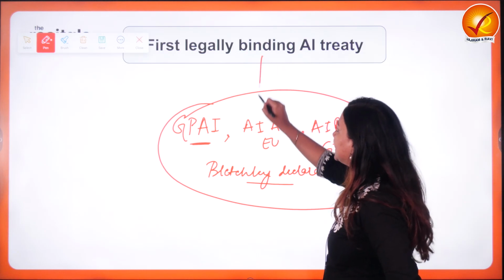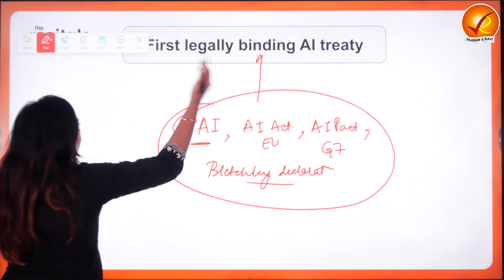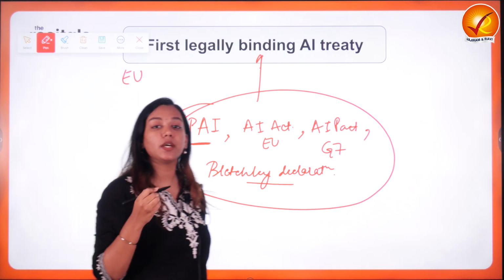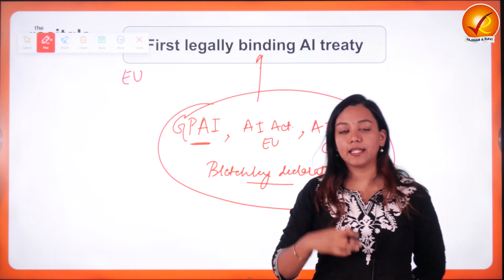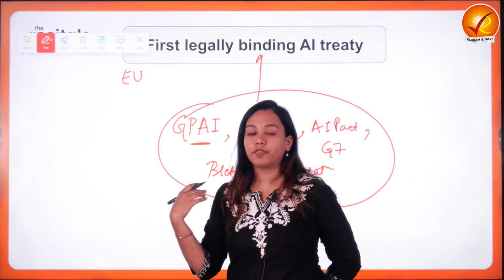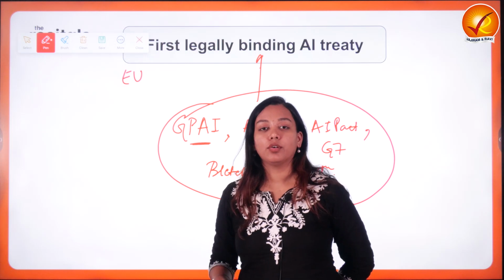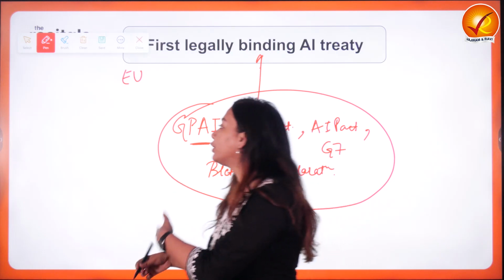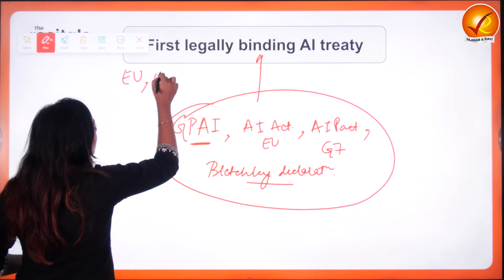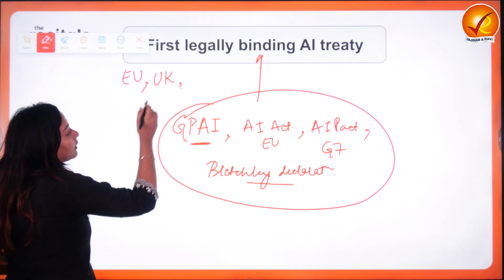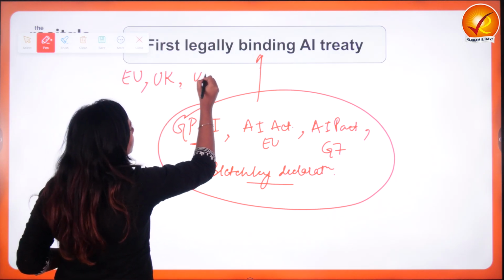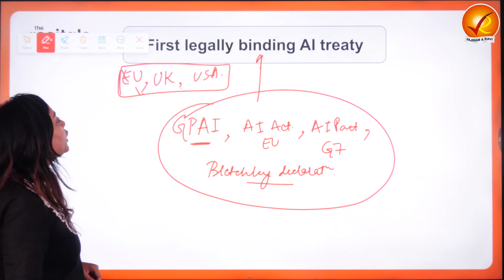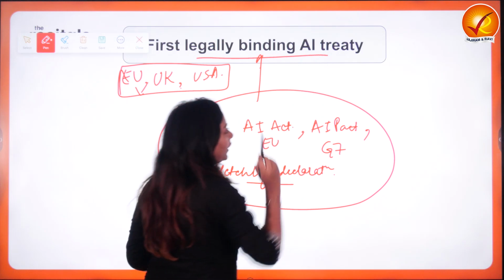That is why recently the stalwart of new innovations, which is EU. That is why in most of your prelims questions, whenever you see a new innovation being made on, let's say, the emerging technologies, or in the field of climate change, in the field of making the environment greener, EU is a stalwart. So EU has again come to the fore. So EU along with United Kingdom, and this along with USA. These three giants have come together to create the world's first legally binding AI treaty.